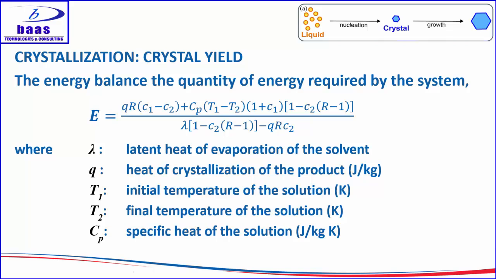From energy balance, we can calculate the quantity of energy required by the system from the initial state to the final state after crystallization, where lambda is given as the latent heat of vaporization of the solvent, Q is the heat of crystallization of the product, T1 and T2 are the initial and final temperature of the solution, and Cp is the specific heat of the solution, which gives